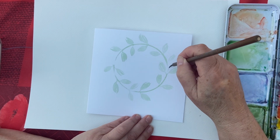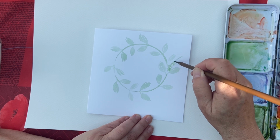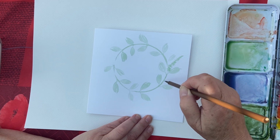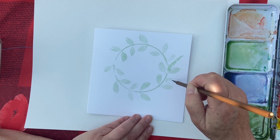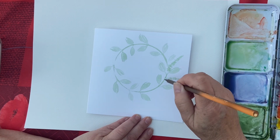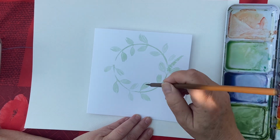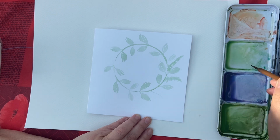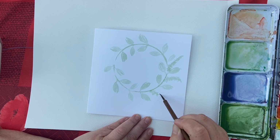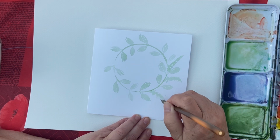So I'm just going to put some rosemary sprigs in here. Now, if you've seen my video before, we've done a little video on how to paint the rosemary, and it's literally, we just put in a stem and then we just wiggle our brush up the stem. Okay, a really nice easy